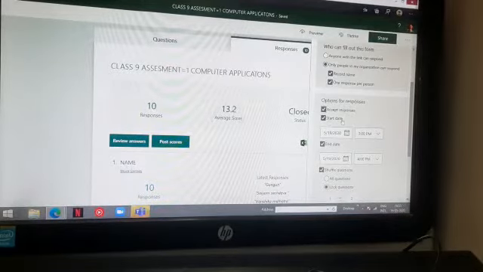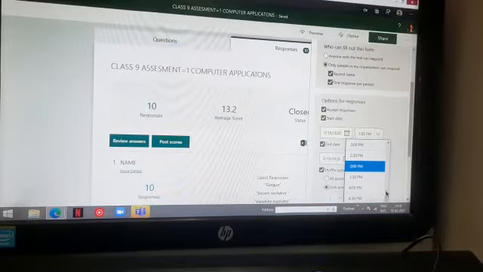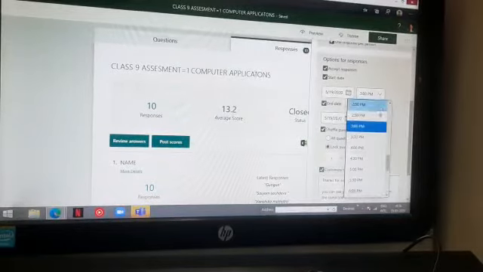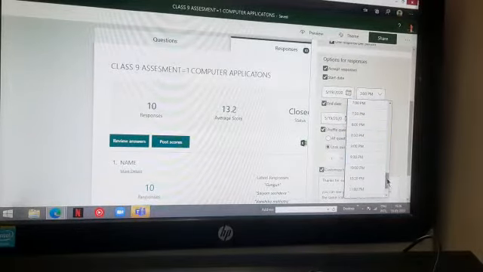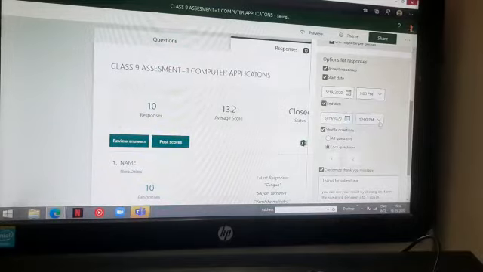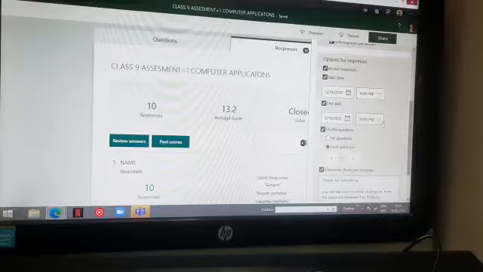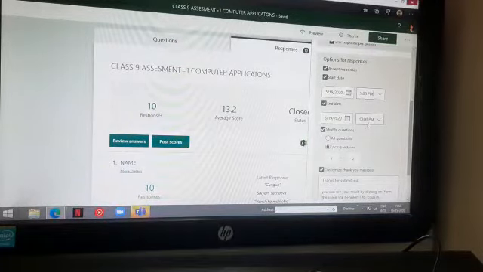Now here comes the start date. For example, now I want the children to see the result today at around 9. So I will change the time here and make it 9 and maybe till 10 o'clock. In case you're not able to set for 10 minutes or half an hour or so, you can make it 1 hour. No problems in that. Now the settings have been done. So on this date from 9 p.m. to 10 p.m. the children will be allowed to see the result.